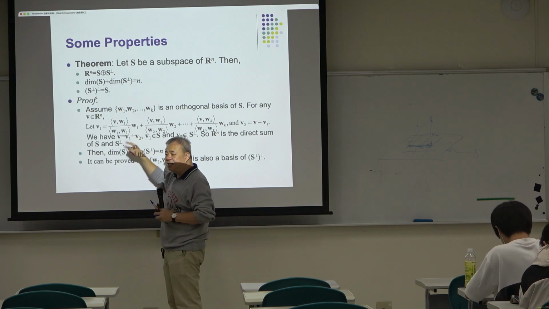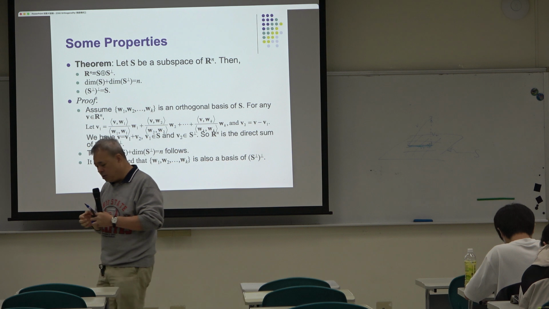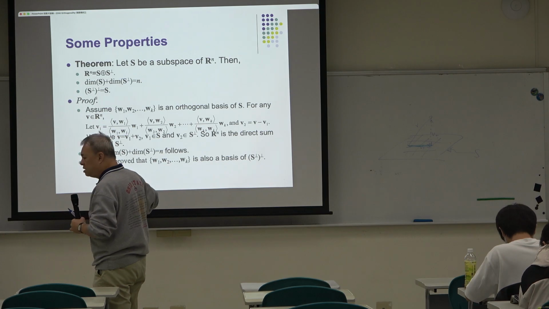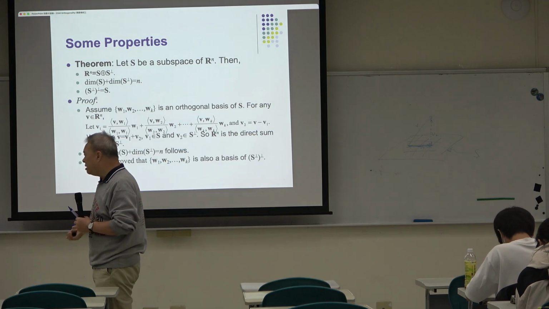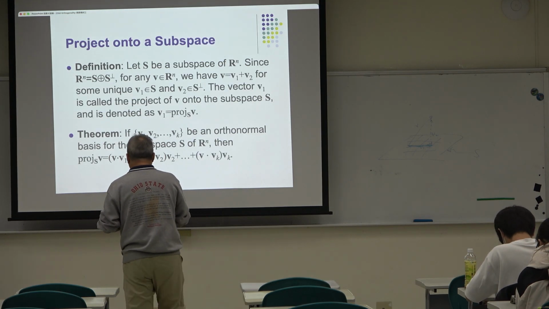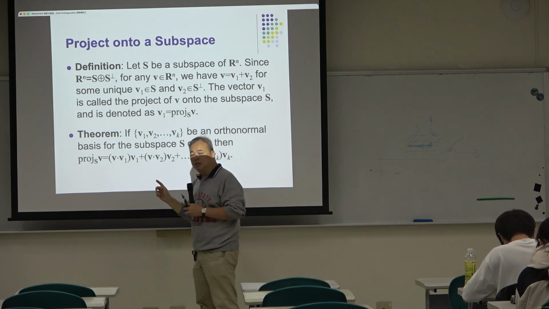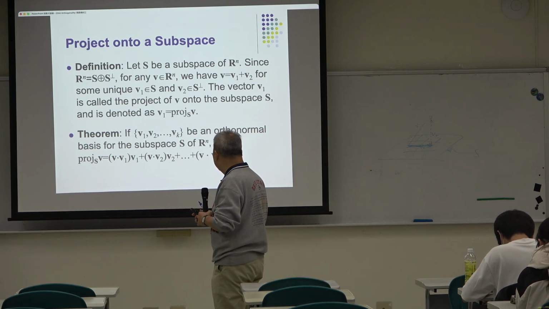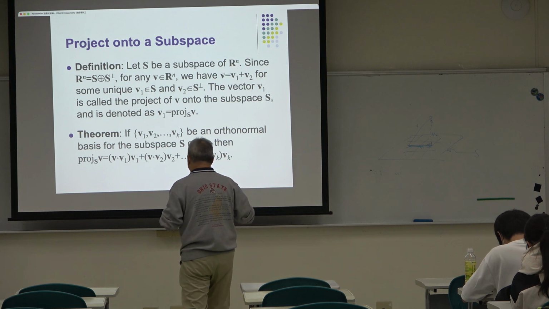So you don't need to write the denominator. 它们的长度都是1，所以分母都是1，所以你就不用再写，把那个 Wi 换成 Vi，你就得到这个东西了，对不对？